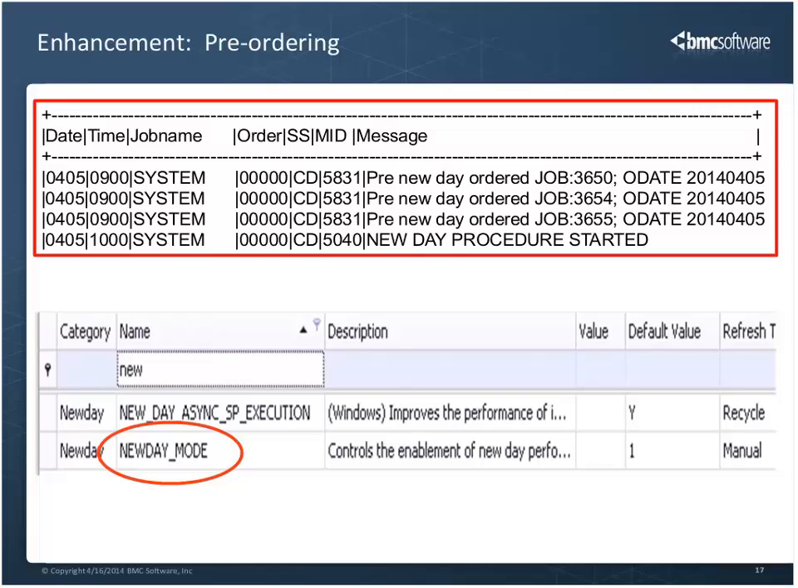And then, an hour before, which will be 9 o'clock, what the Control-M Server will do in the background is begin to process the folders that have the automatic order method associated with it. And it will determine which of those jobs need to be ordered in at new day time. And it will build a temporary table, a temporary list of those jobs that need to be ordered in,